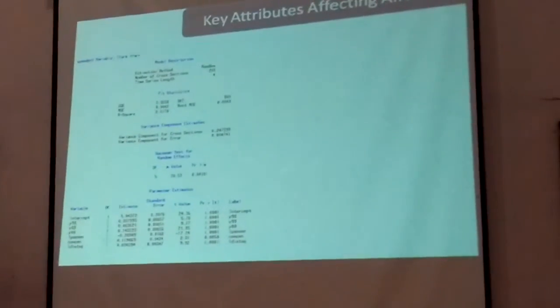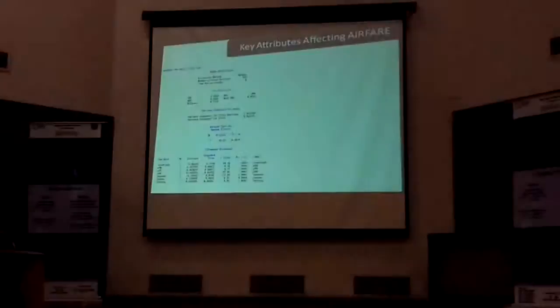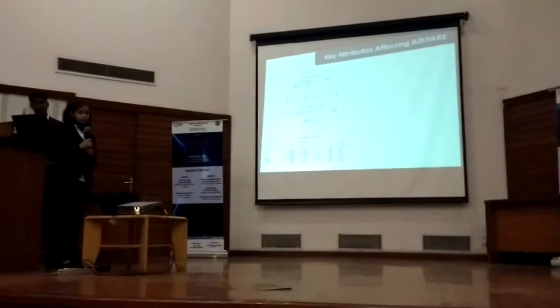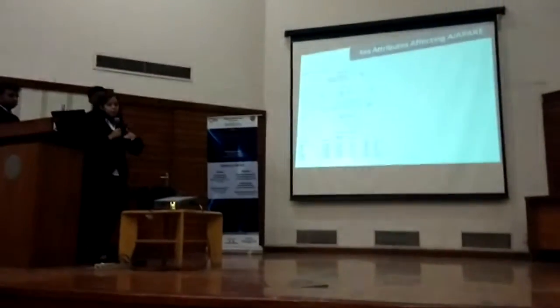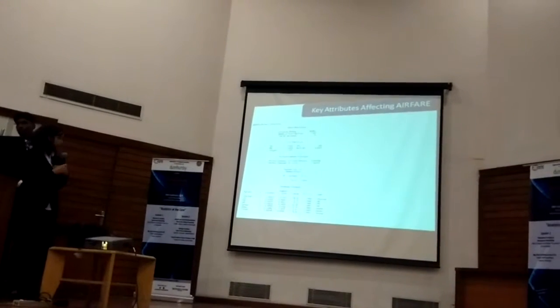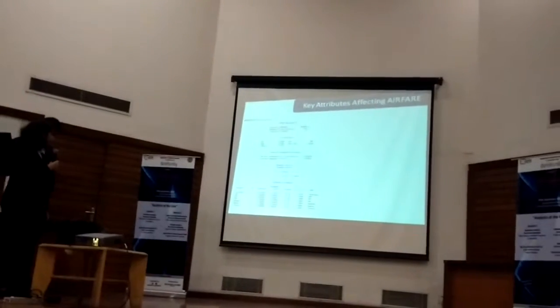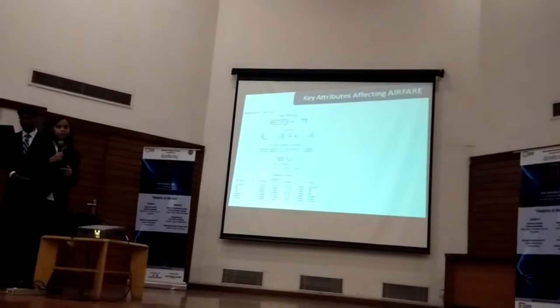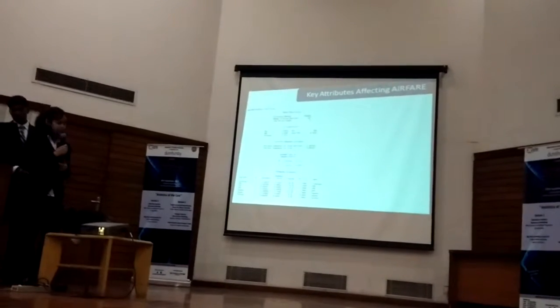To find the key attributes, we did a regression and we got the following result. Starting from the first coefficient, that of the intercept, it captures the base year effect, which is of 1997, and also all other factors which are not included in the model. The next coefficients are the year coefficients 1998, 1999 and 2000. These are difference coefficients which show how much the fare differs from that of the base year 1997. For example, in 1998, it was 0.037% more than in the year 1997.